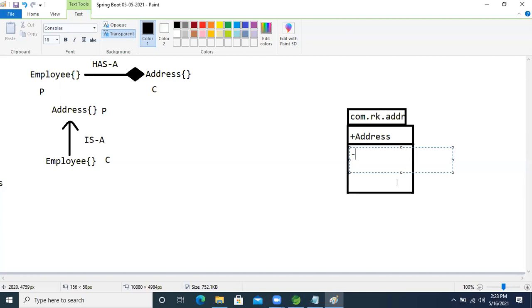So I'm taking pin, a colon, and the data type will be integer. Another one is location, the location of this address, and I decided to take string type.